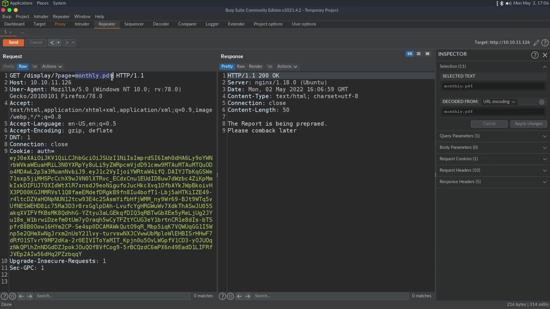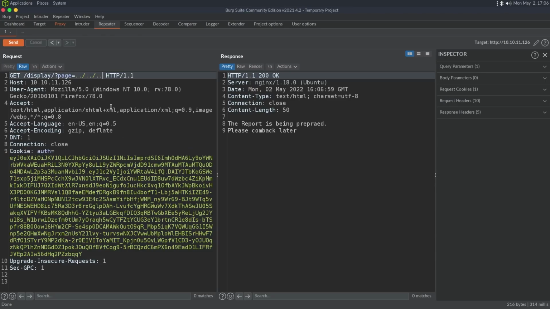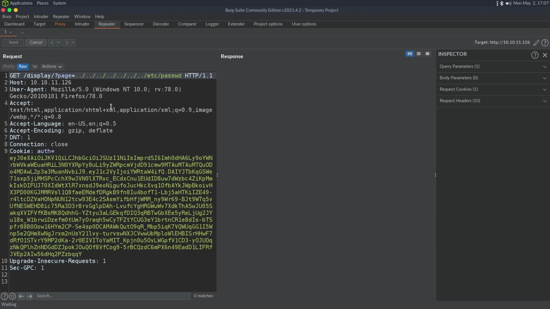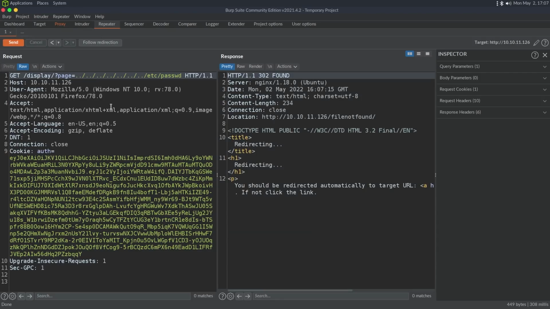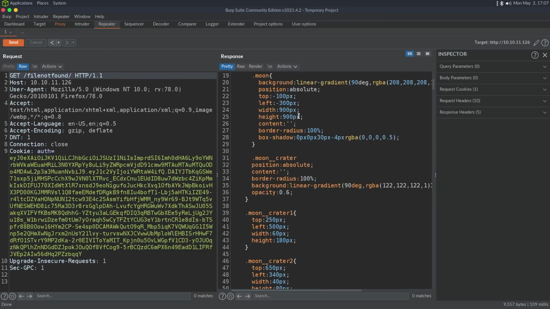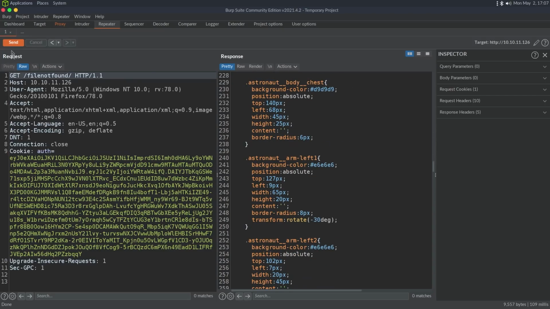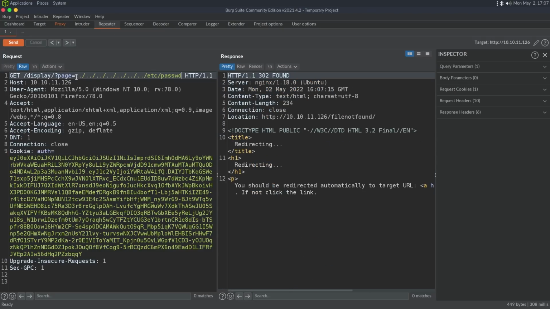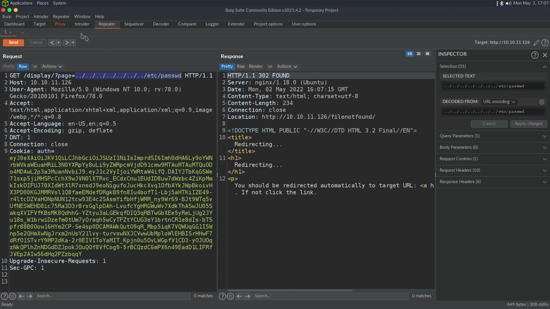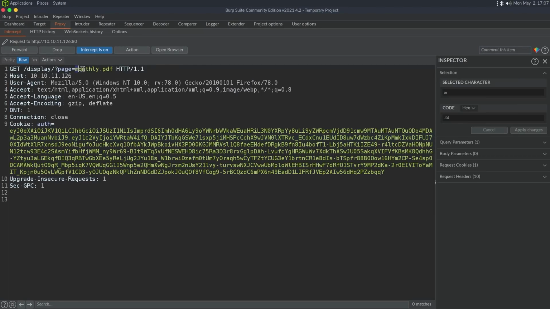I'm going to do a WFUZZ against this soon, but the first thing I want to check is standard LFI, right? If we do this, we get directed to a /file not found. If we follow this redirection, we get something. So let's just put that so we can view it. I'm going to copy this, put it here,